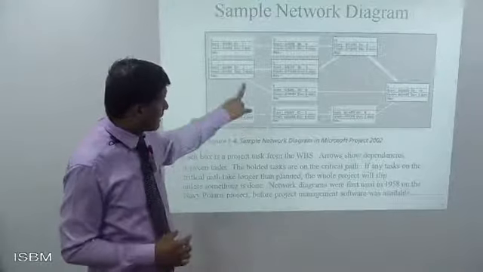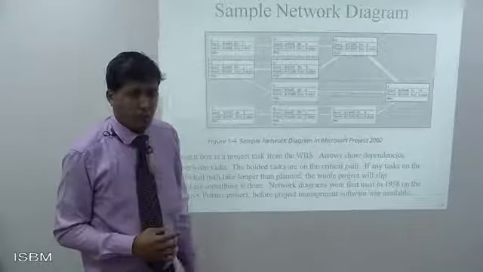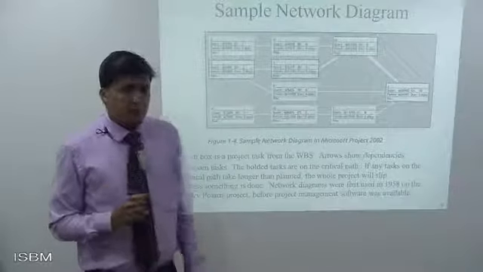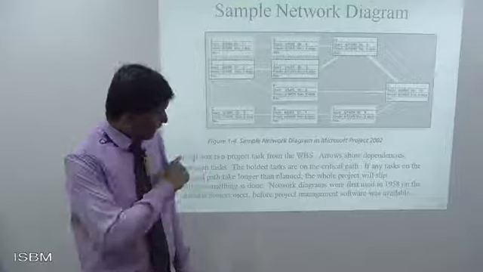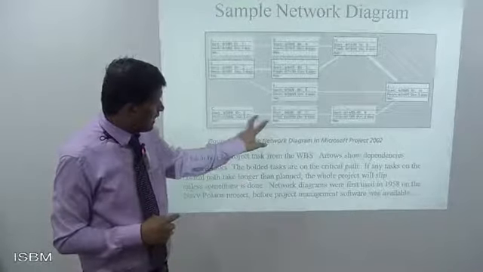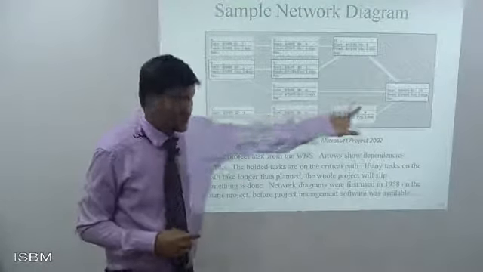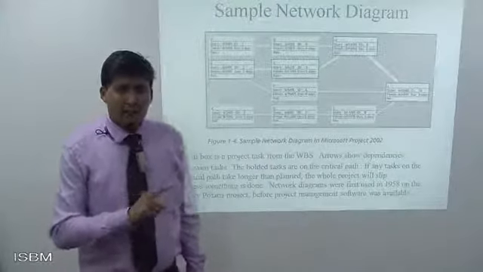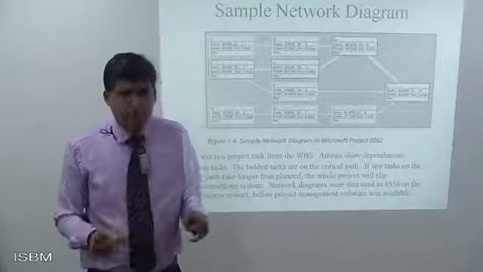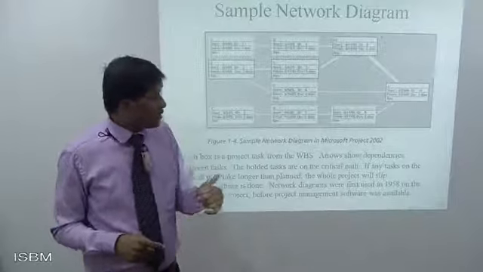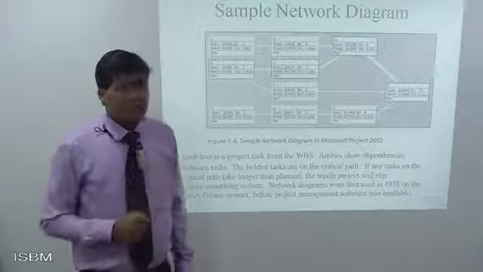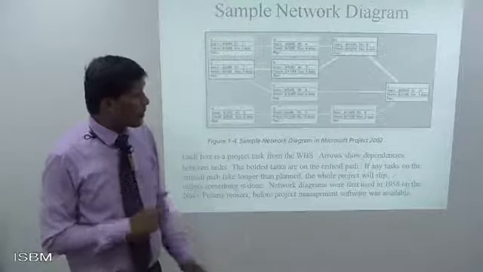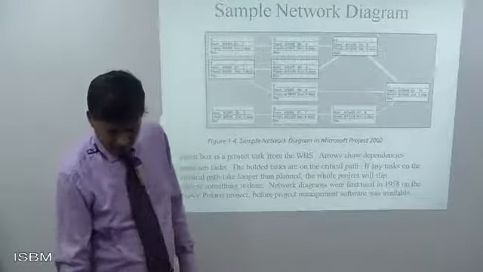We can also see the thickness of the lines as well. The thickness of the lines also represents the importance of that task, and also the length. See, we have this smaller length and we have this larger length. So larger arrows in between also show that the time duration required is longer, and there are specific start dates and finish dates mentioned where applicable. So standard network diagrams are represented this way.